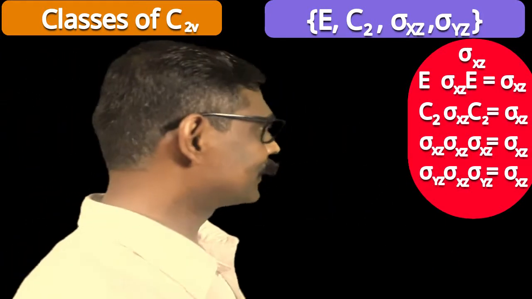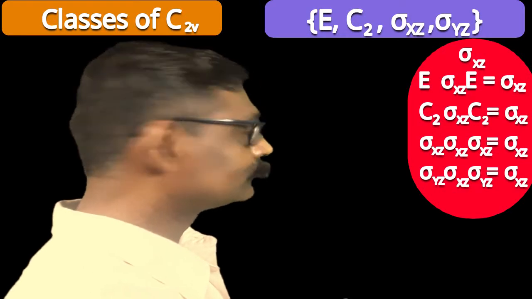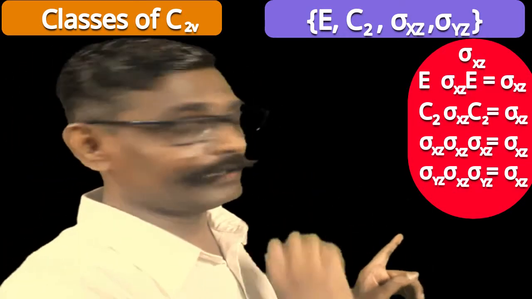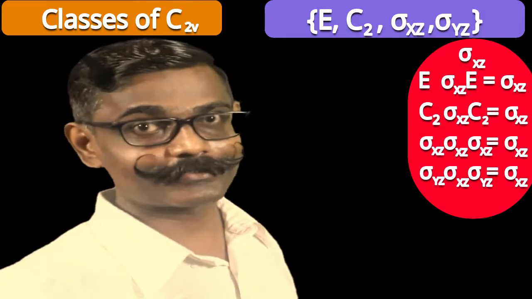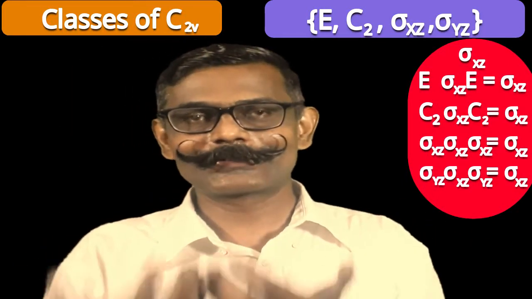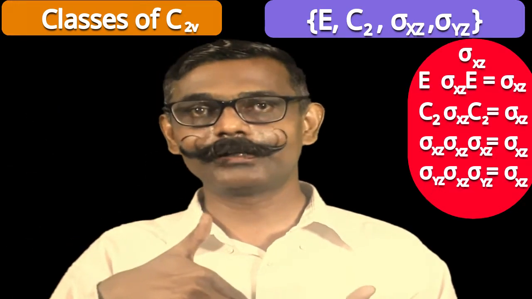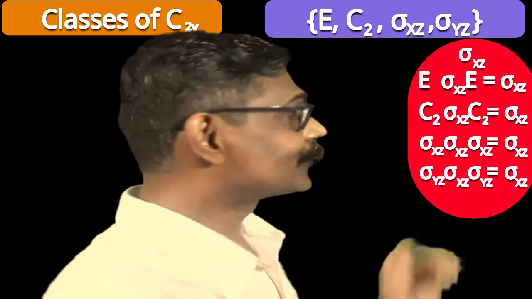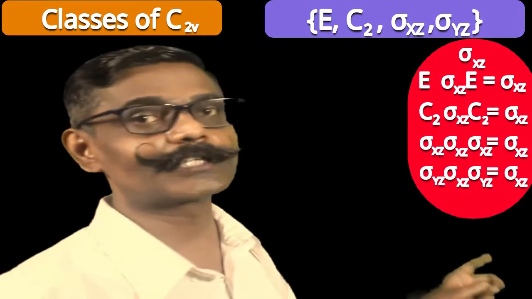Now see the third expression. Sigma xz, that's the inverse of sigma xz, X inverse. Sigma xz as A, sigma xz as X. So the same planes are there. Sigma xz means reflection. Again sigma xz, original. Again sigma xz, reflection. So the result is sigma xz. So sigma xz is the symmetric transform of sigma xz.